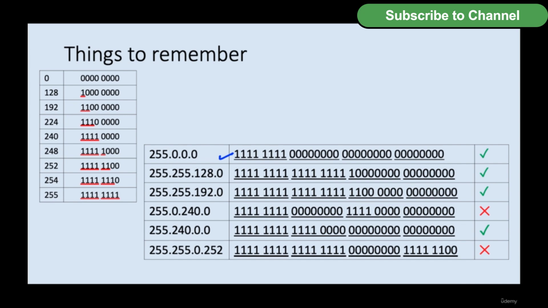255.255.128.0. So 255 means 8 binary ones, next 255 means 8 binary ones, and 128 is this one. Now you can see that all binary ones are on the left hand side and all zeros are on the right hand side. So it is a correct subnet mask. Third row,